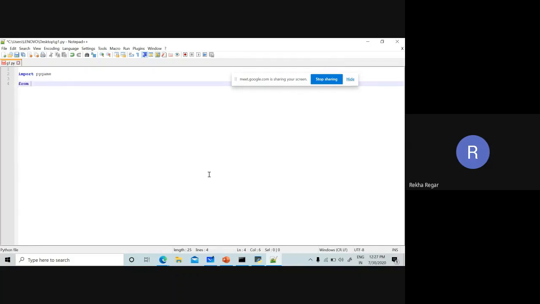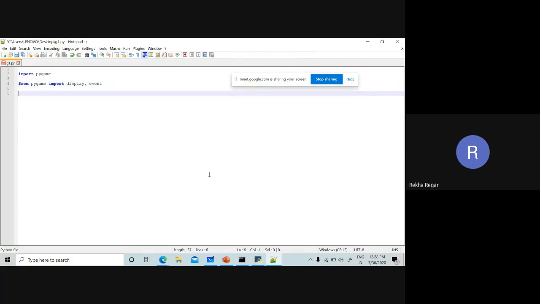So from Pygame, we are trying to get one, the display, with the help of which we are going to get things on the screen, and the second thing we need right now is event.